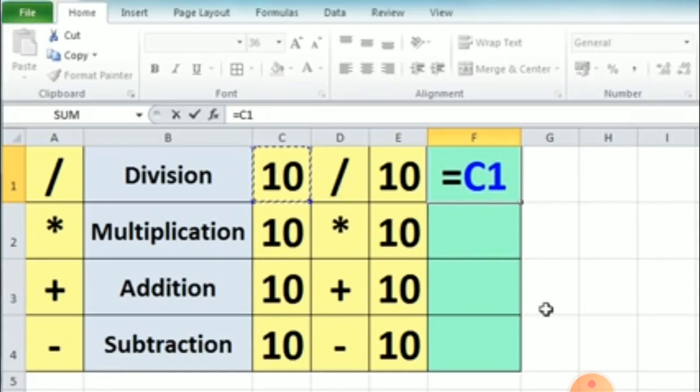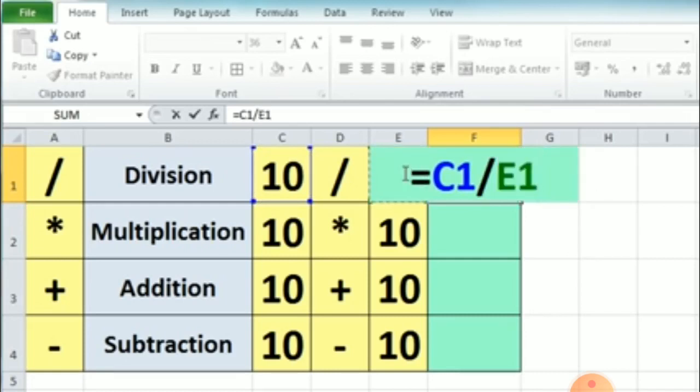After that I will click on my second digit, that is in E1 cell. It means we never directly work on the digits or numbers, we always use cell references. So after writing the formula like C1 slash E1, you can see I have written the formula.